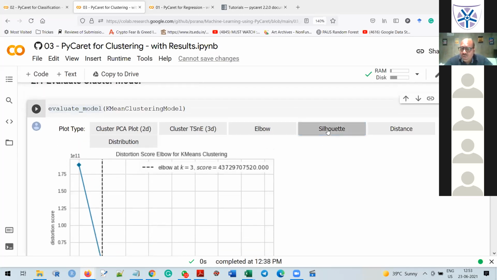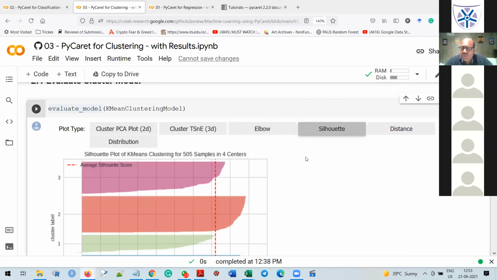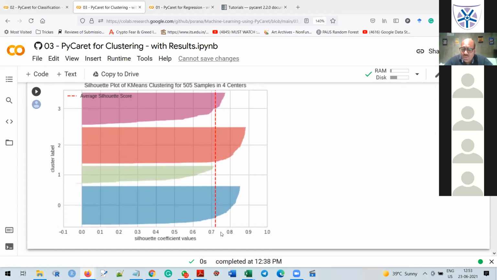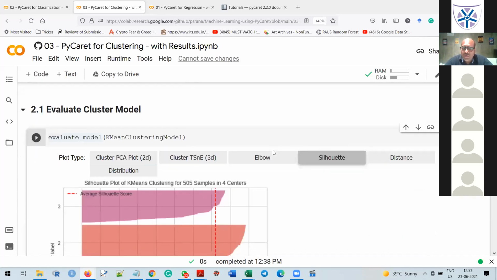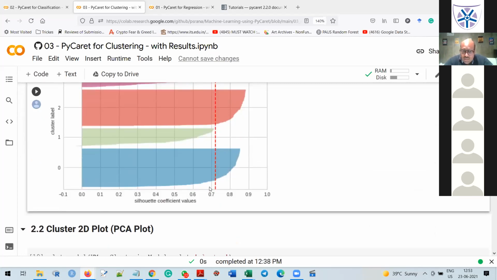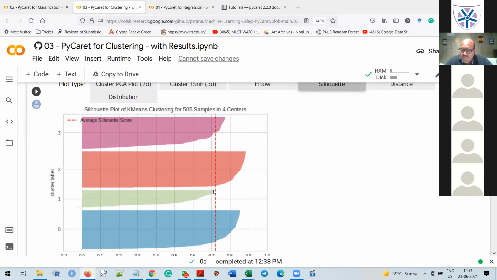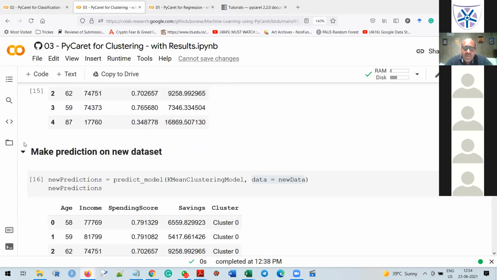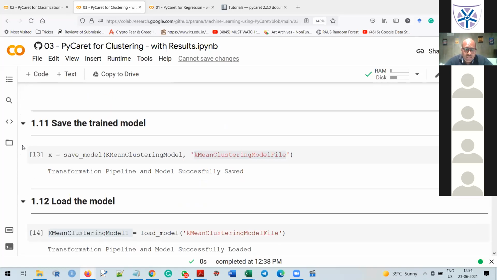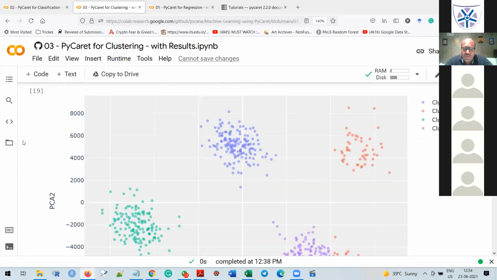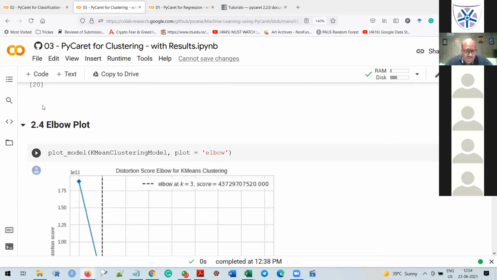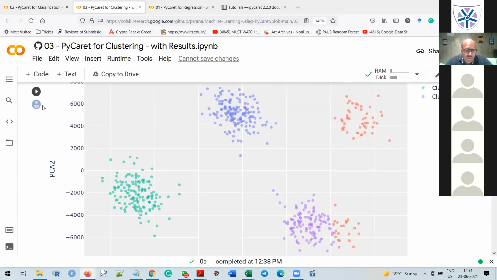Similarly, next is the Silhouette score. Just click on Silhouette, and it will give you the different clusters. As you know, my Silhouette score comes to 0.72. It is taking just the average. That's why, when I compared the models and built the k-means clustering model, it showed me the Silhouette score as 0.72. Where is my evaluate plot?